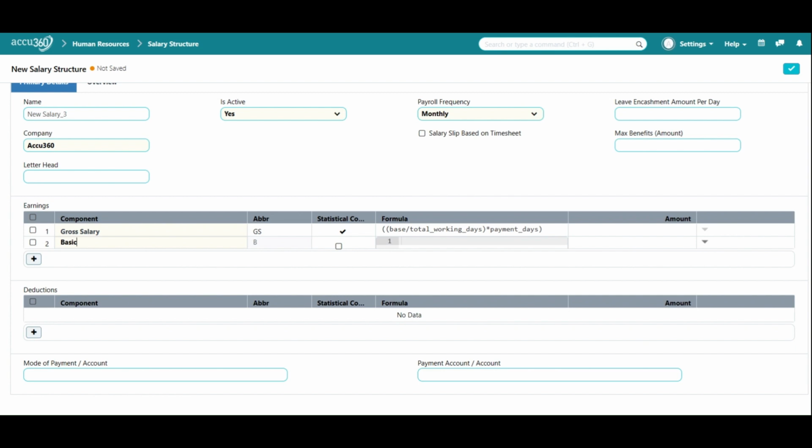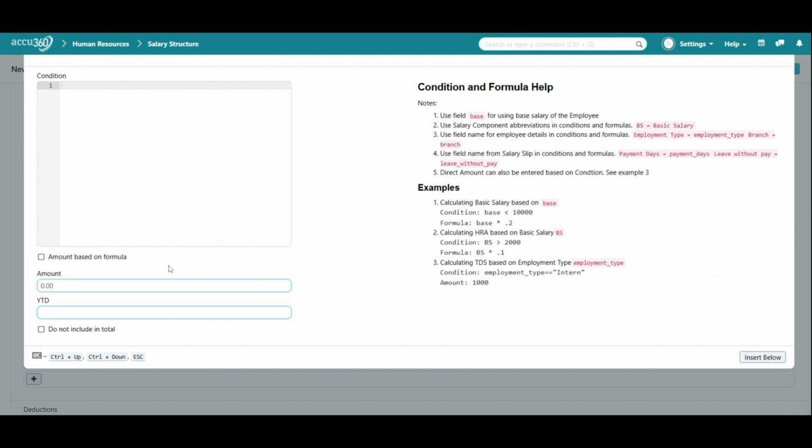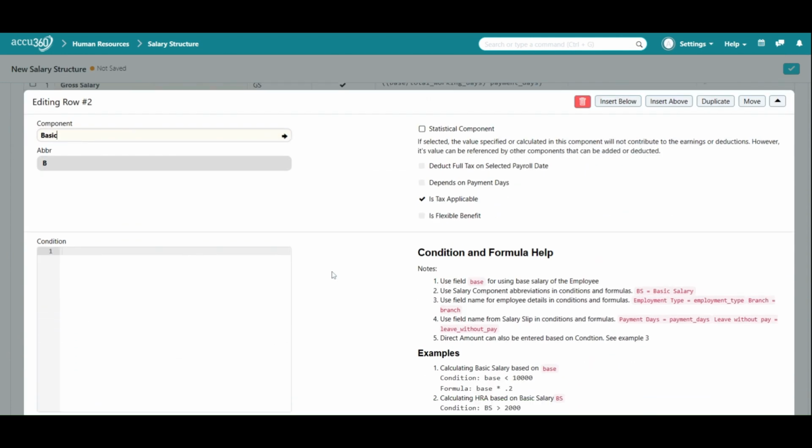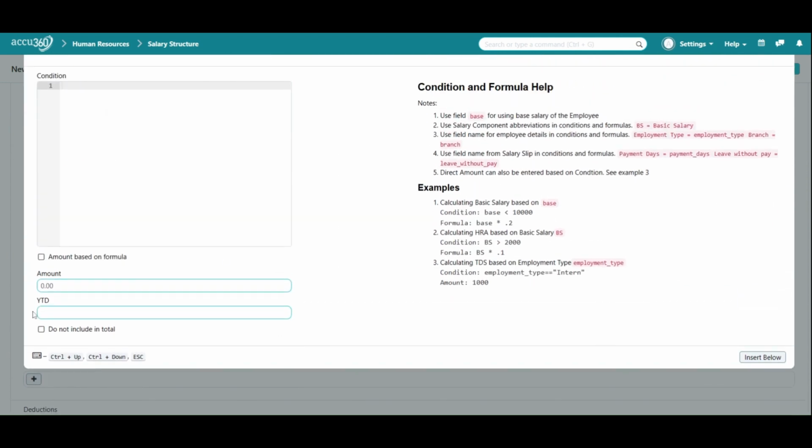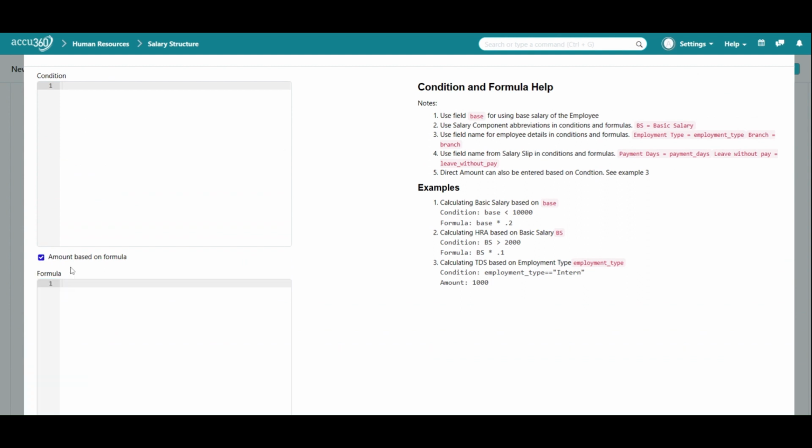So now we have to again define the formula for this particular basic component. Here again we will click on this downward arrow, go down and select the amount based on formula option. If we want our salary components to be calculated as per the formula mentioned by us, we have to check this option. Now we will mention the formula, but this time the formula is a bit